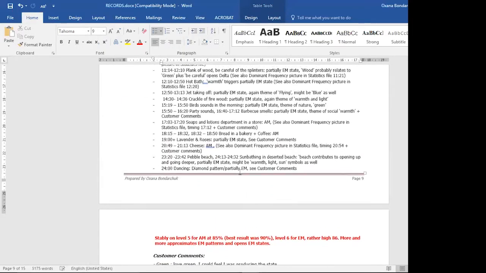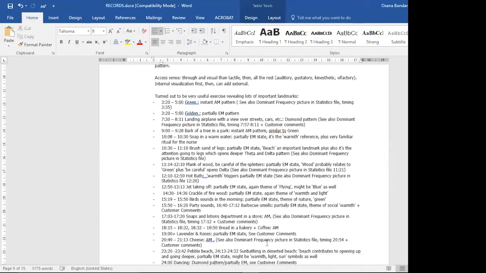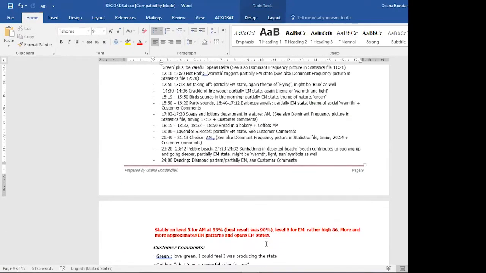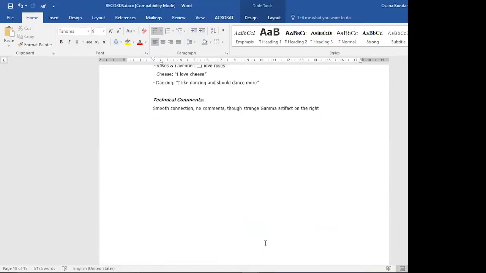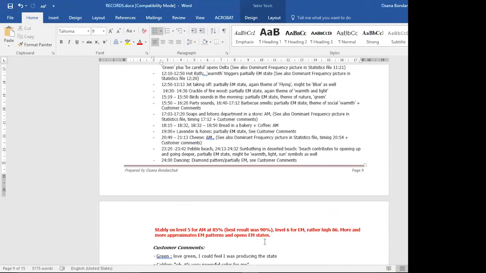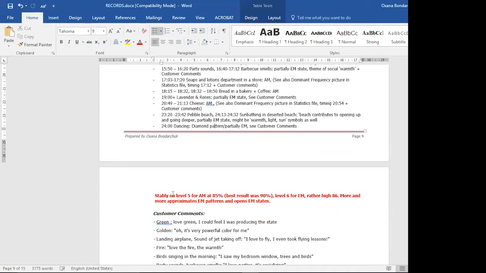So literally you can just see many different signs of what is the landmark for the customer and then double check it with her. So this was our session where we were stable at level 5 for awakened mind,